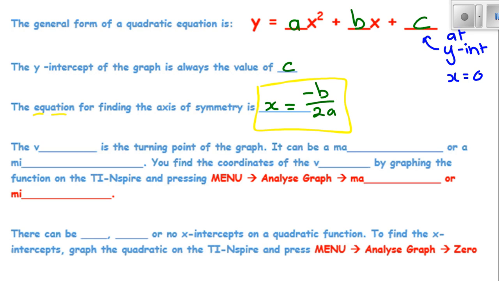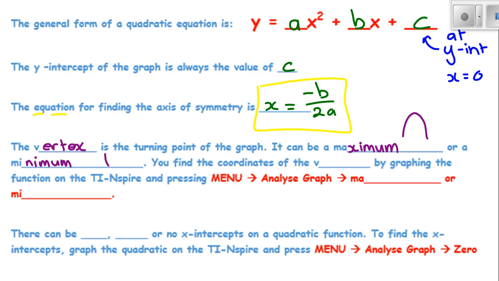The something is a turning point of the graph. What is that word? It is the vertex. The plural of vertex is vertices. The vertex is the turning point of the graph. It can be a maximum or a minimum. It's a maximum if the graph goes like that,